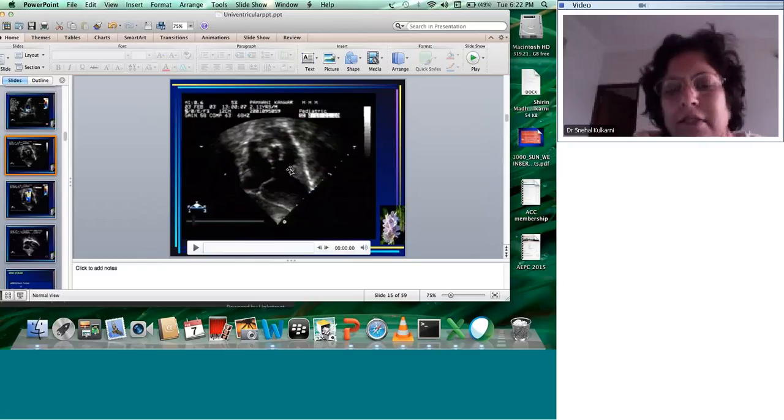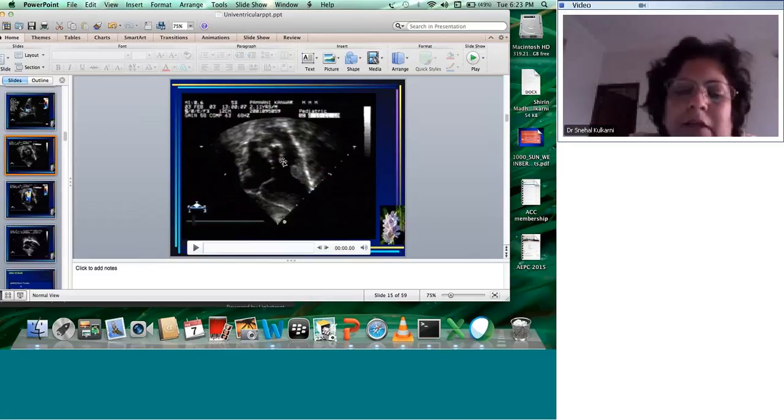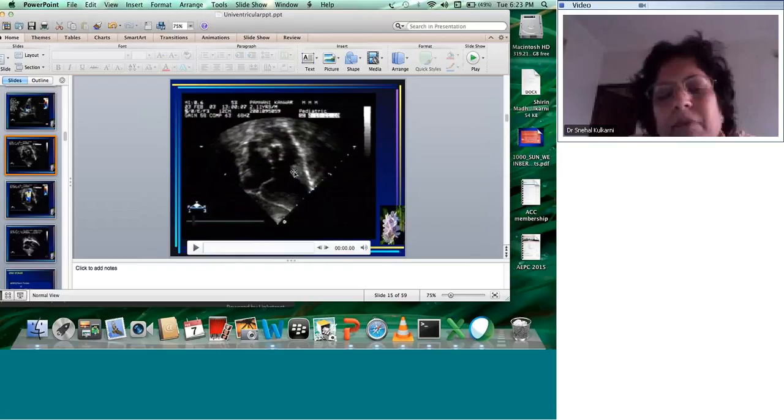I just wanted to show you how we assess the bulboventricular foramen. And if you go to Rebecca Schneider's book, you have to measure this bulboventricular foramen in multiple views in relationship with your aortic annulus. And there is a formula, I don't remember that formula, but you have to go and see the reference in Rebecca Schneider's book. This adequacy of the bulboventricular foramen for univentricular heart repair is very, very important, because if a